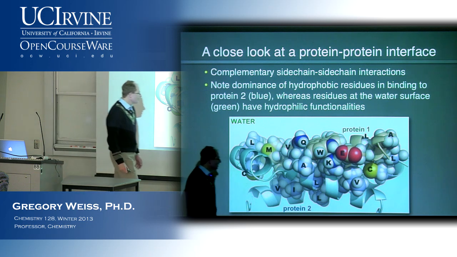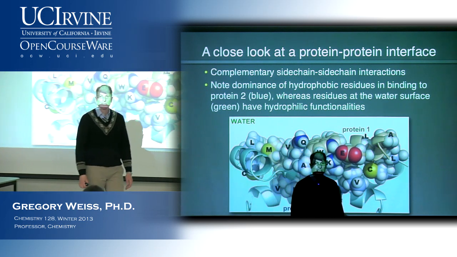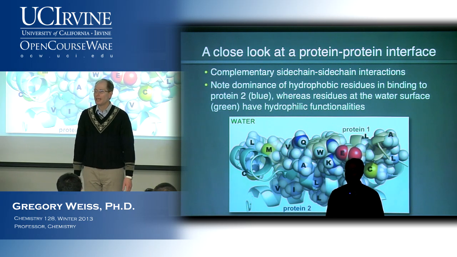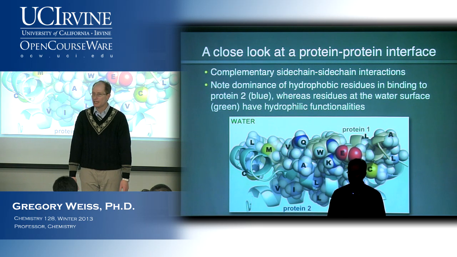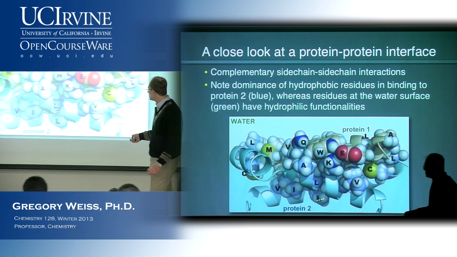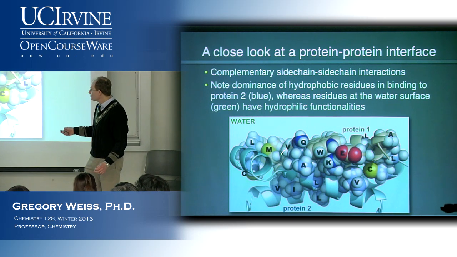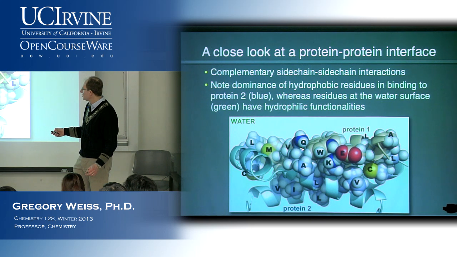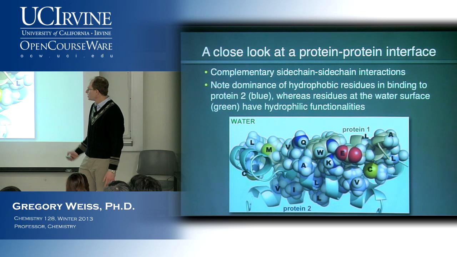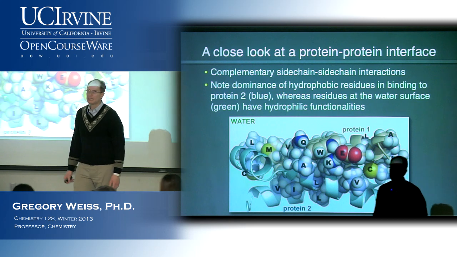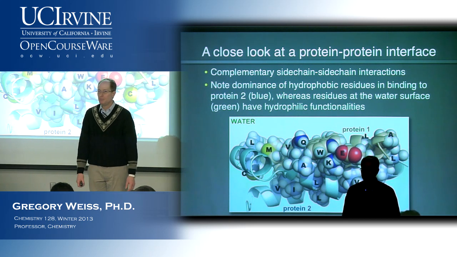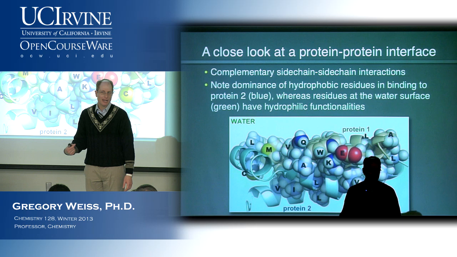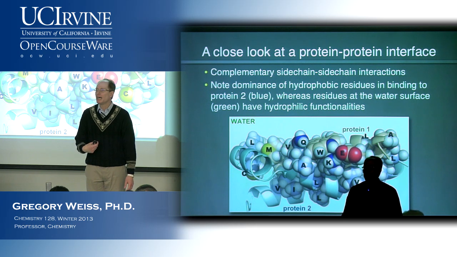Notice that the interface of the second protein, protein 2, is dominated by hydrophobic functionalities. There's a lot of carbons and hydrogens down here. There's no hydrophilic functionalities, carboxylates, hydrogen bond donating carboxamides, etc. It's almost entirely hydrophobic stuff. So at the interfaces between a receptor and its ligand, the big money in terms of the interaction energy is dominated by these aliphatic or aromatic functionalities.